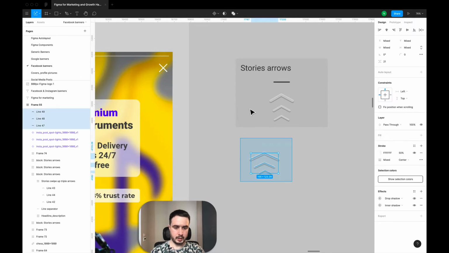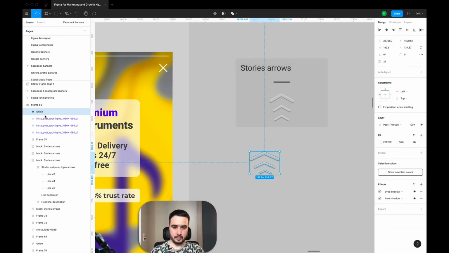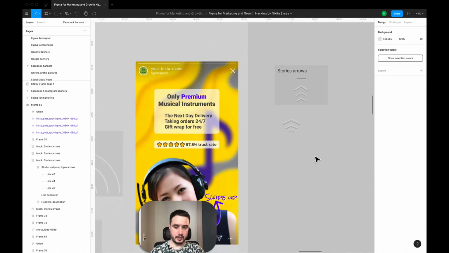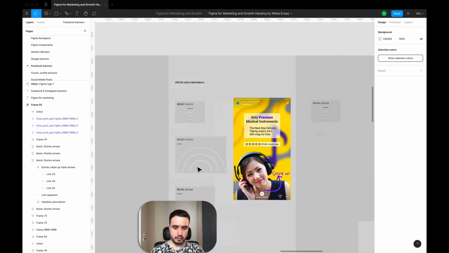If I want, I can unite these shapes, and I have these arrows. Okay, now let's move and see how to create another motivators, for example, such round